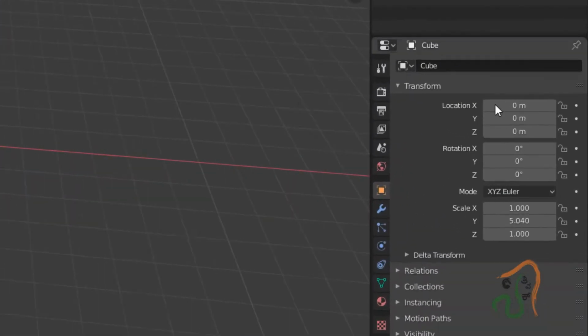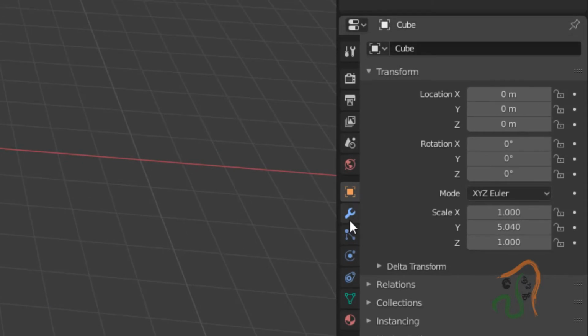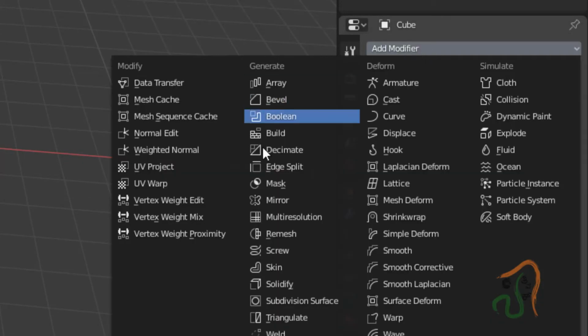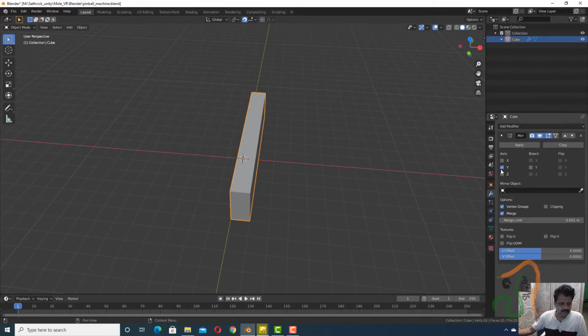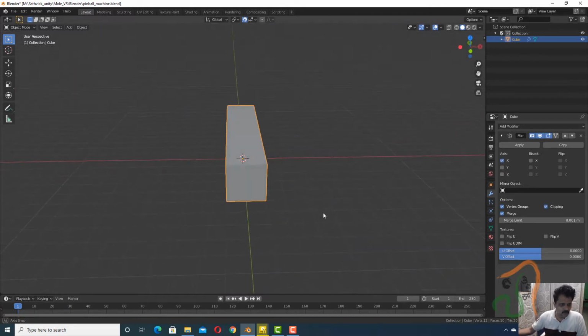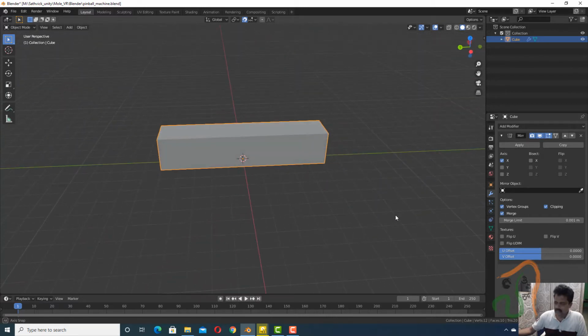With this one half selected, now press Tab and come into object mode, and now come here in the modifier, and in modifier choose mirror, and when you choose mirror you have X Y Z. So let us mirror it along the X axis. Okay, and switch on the clipping. Okay, this is done. Now the next thing is we shall build this. Using this we are now going to build the pinball.